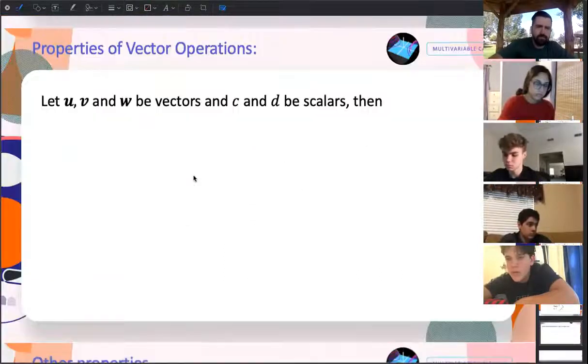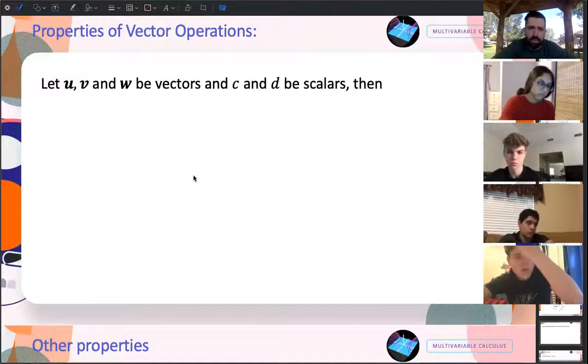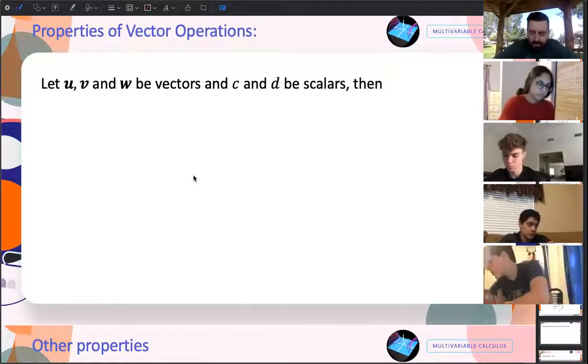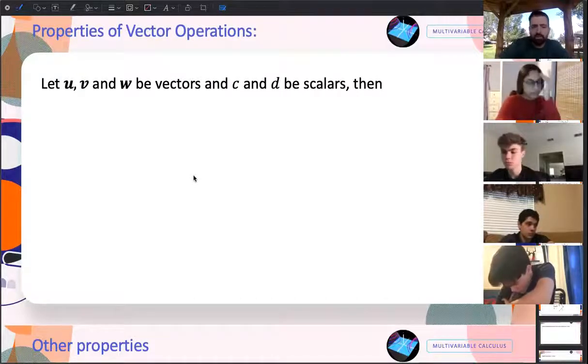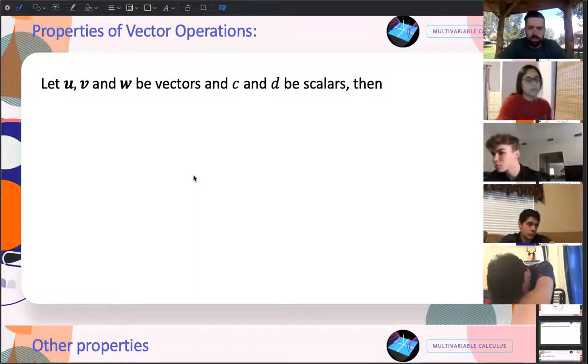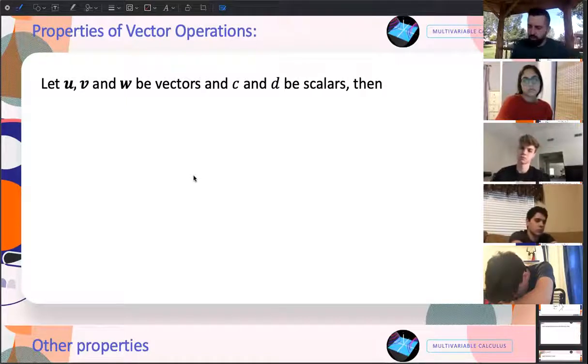Properties. Basically, every section we go over some properties of whatever we're talking about. The main idea of learning these properties is that with math, you want hard, fast rules. When you say this works, you want it to work for everything, not just some of the time or only when this happens. So we come up with properties that are rules no matter what the vectors are. Then you can do things like proofs and create new formulas. You need a set of rules to work by. Luckily, these are exactly the same rules you probably learned in elementary school with arithmetic.